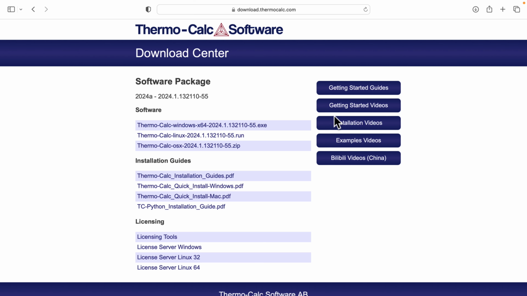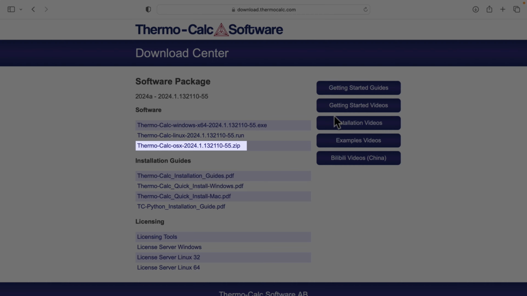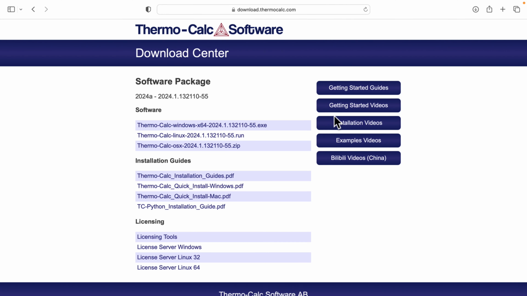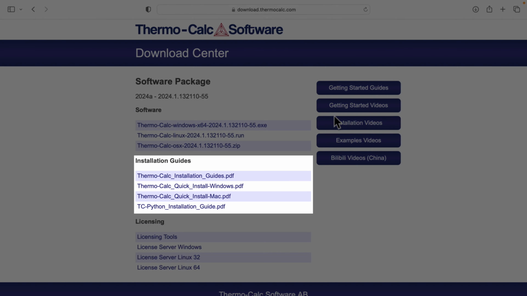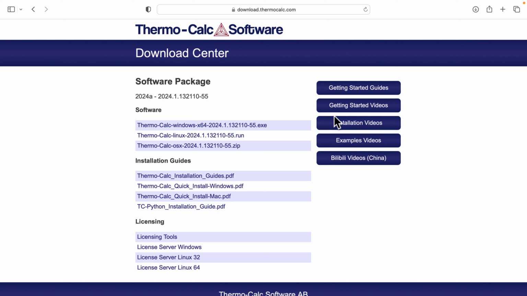Paste the password. Then click Sign In. You will be taken to a page that includes the software download files for Linux, Mac, and Windows operating systems. There will also be links to the installation guides if you would like to use one.